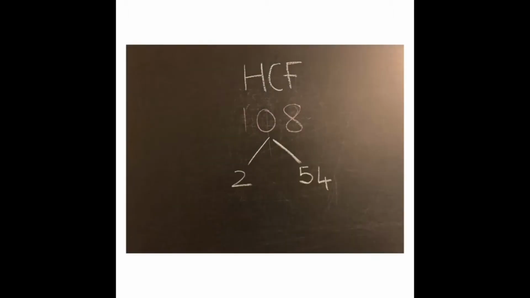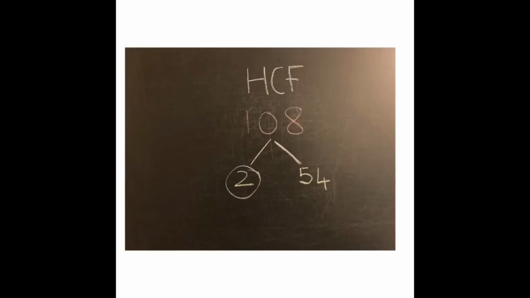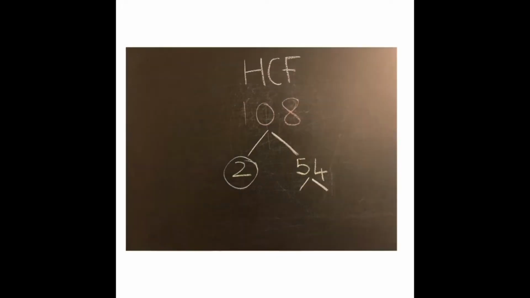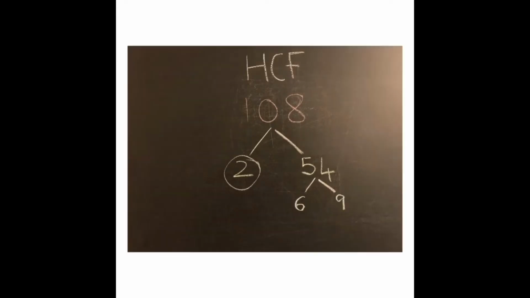Now we check for prime numbers. Are any of them prime? 2 is a prime number because it can only be divisible by 1. 54, however, can be made up of 6 times 9. So 6 times 9, and now we check if 6 and 9 are prime numbers, but they're not, because